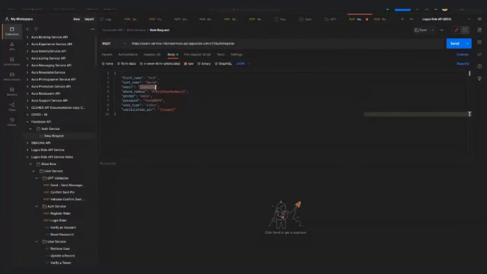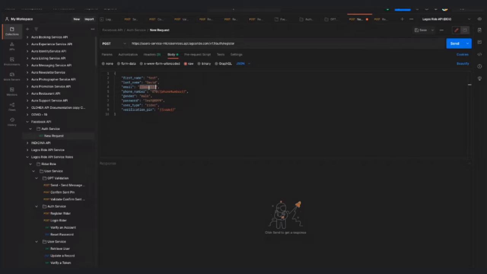So let me just enter my email address. The reason you are seeing these double curly braces and email address is because I've set an environment for this. Once I send this request, it's going to go to the environment, and I've already added a pre-request script. So instead of typing in an email address every time, I've automated it to generate a random email.